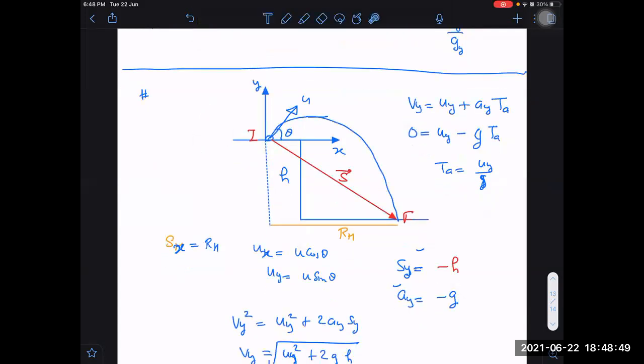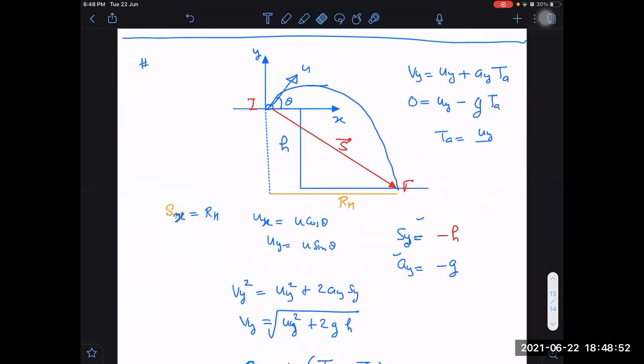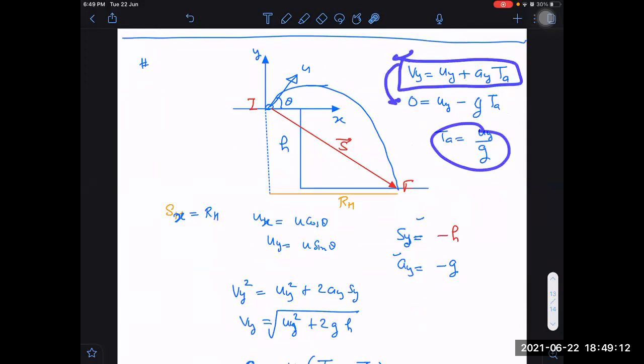If you don't want to learn this also, uy divided by g, no problem. Don't learn unless you feel it from your heart. If you don't feel it from your heart, but you can feel this equation from your heart, then you start with that equation. This is an advice in general for everyone. If you feel that this is direct, this is understood, so you start from here. It will take a little 1 or 2 more steps, but you will be more confident. That confidence is more important. You decide from where you want to start, but always start from that equation where you are much comfortable.